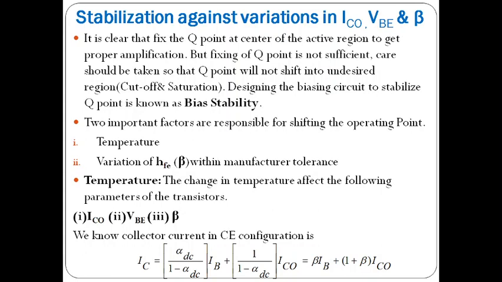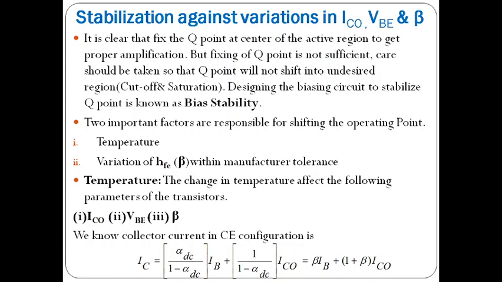Yes. So in this equation we can observe this IC value depends on the reverse saturation current ICO at collector junction. So it is multiplied by 1 plus beta, so this value is very large. So when reverse saturation current is varied, this collector current is also varying, and this collector current directly depends on the beta value, and this IC directly depends on the IB. So this IB depends again on VBE. When small VBE changes, IB also changes.